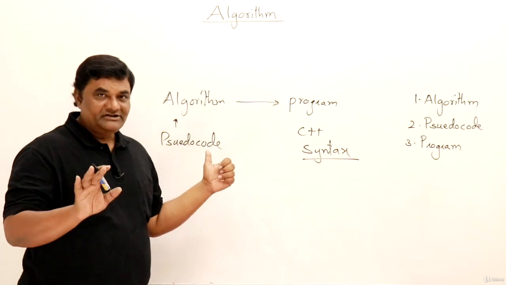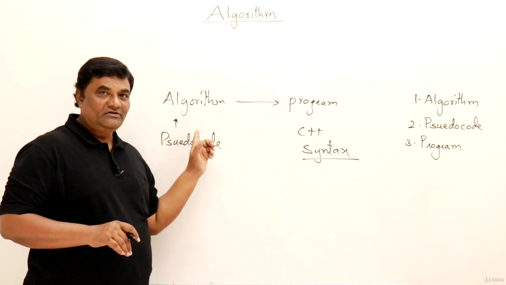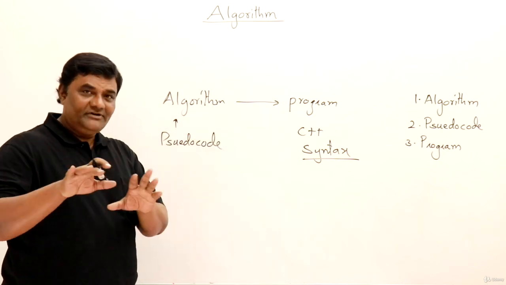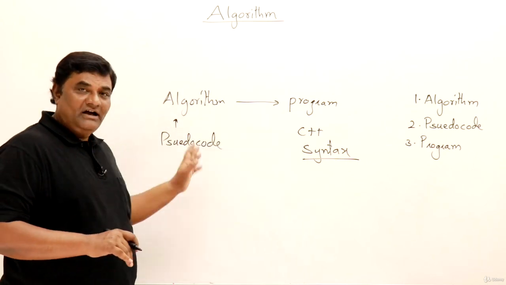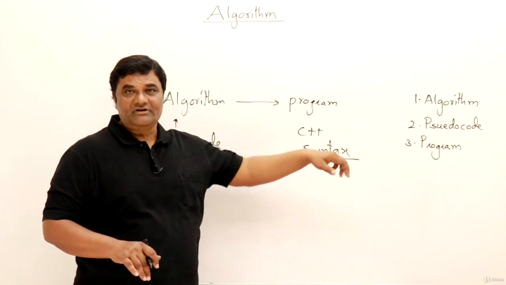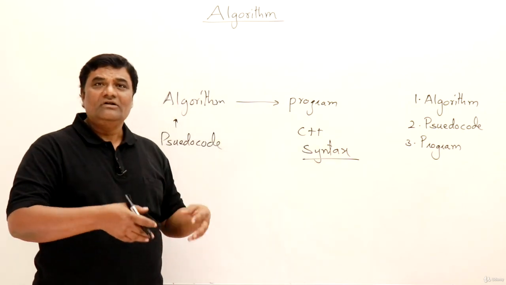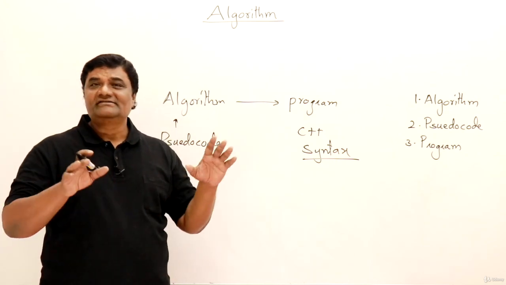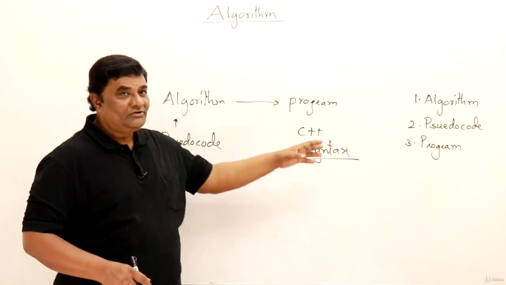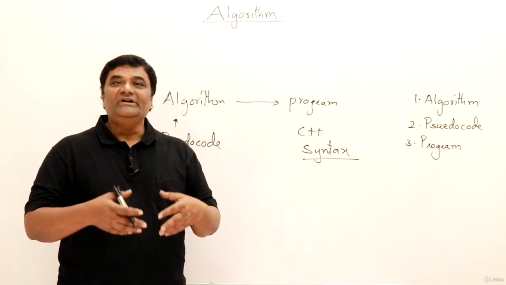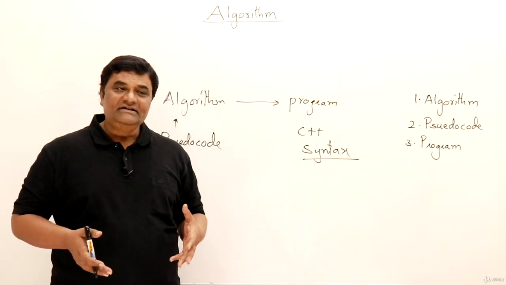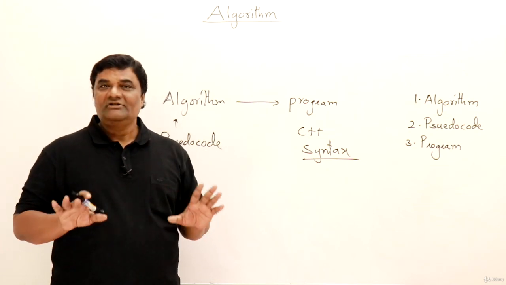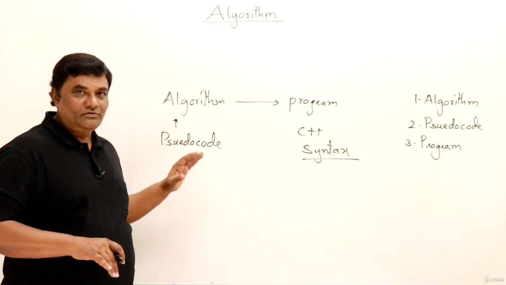So analysts or mathematicians who know how to solve a problem will write the algorithm and the programmer will write the program. Now as a computer science student, you have to devise an algorithm and write a program. But so many algorithms are already available, so learning about them is sufficient. If you know about all existing algorithms and know how to convert them into programs, that is sufficient. You don't have to invent anything new, unless you need it and it does not exist. So this is the general idea about algorithm versus program, and also pseudocode.